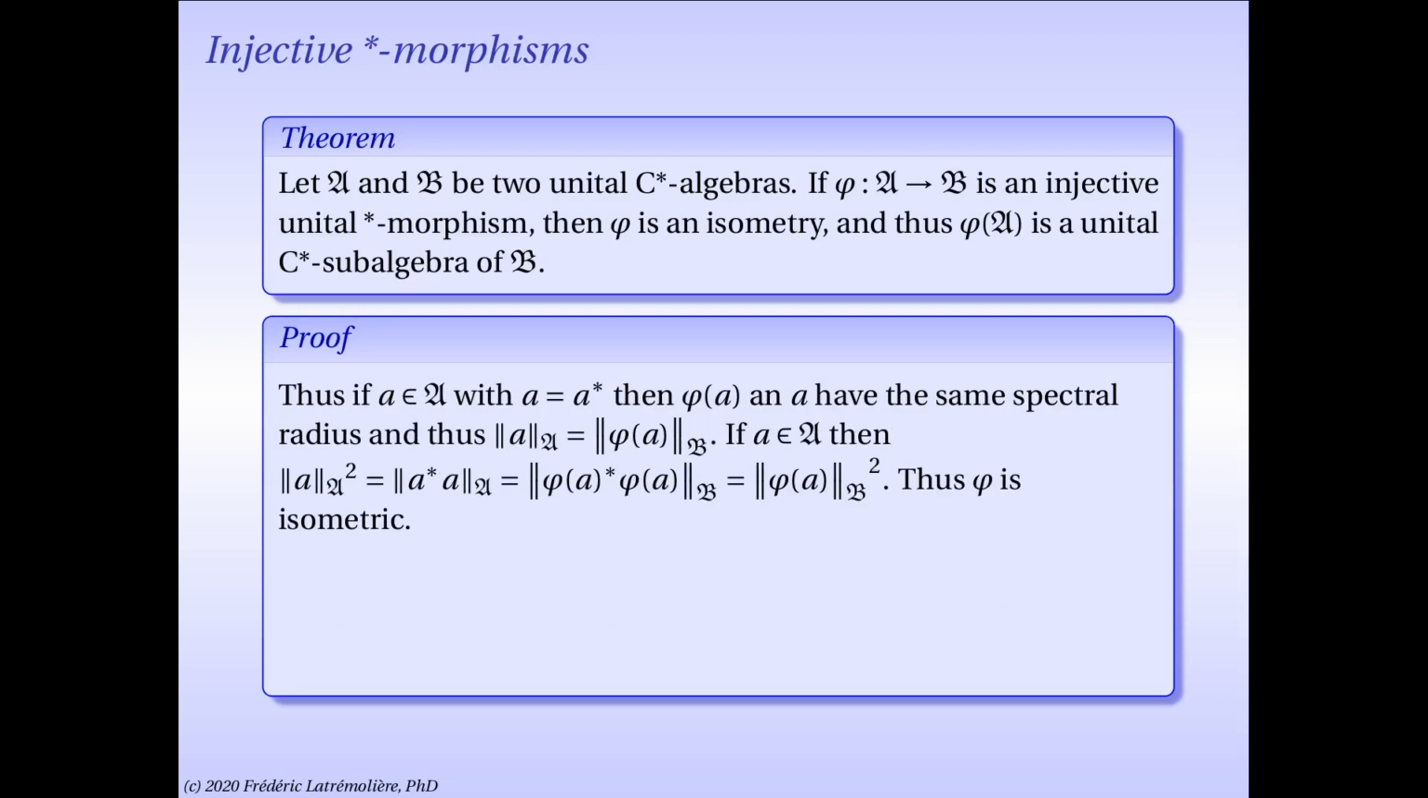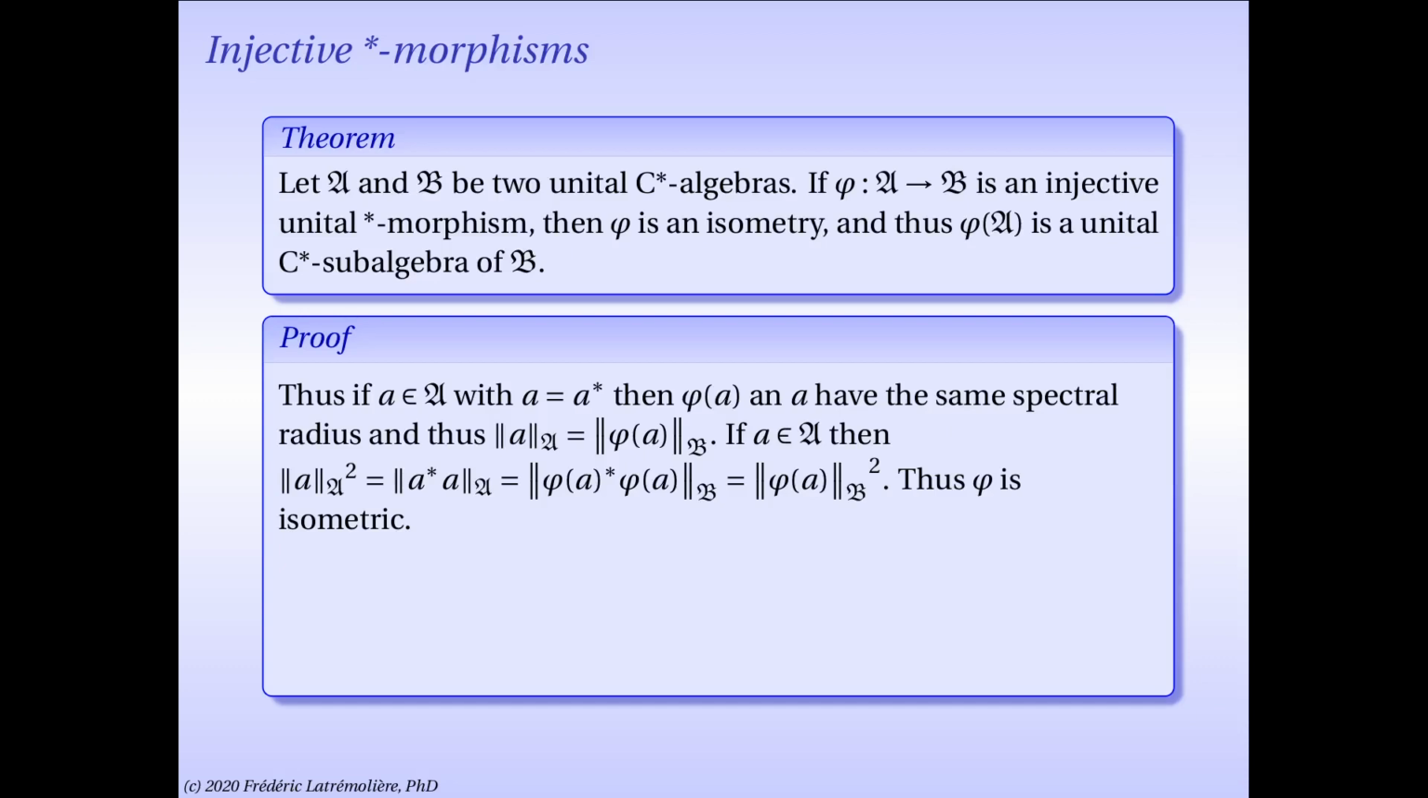If we take a self-adjoint element in our C-star algebra, and we know that phi of A and A, for that self-adjoint element A, have the same spectrum, they have the same spectral radius by definition, but the spectral radius of a self-adjoint element is its norm, and since phi is a star morphism, phi of A is also a self-adjoint element. So we get that the norm of A equals the spectral radius of A equals the spectral radius of phi of A equals the norm of phi of A. So phi is certainly an isometry on the self-adjoint elements, but it's a star morphism, so it's going to be an isometry on all of the algebra, because if you take an arbitrary element A,